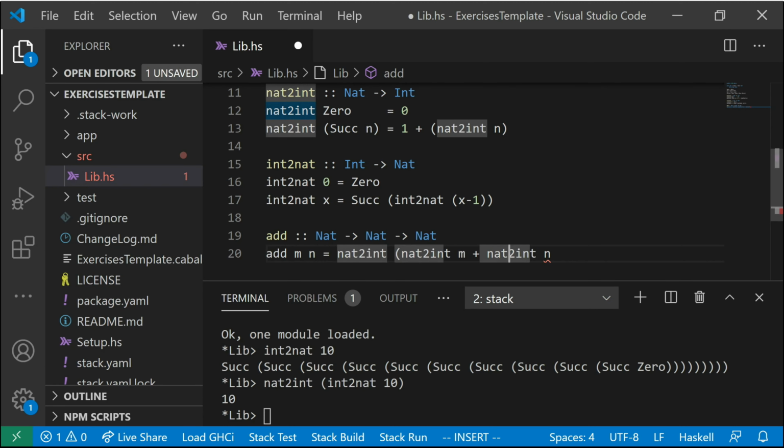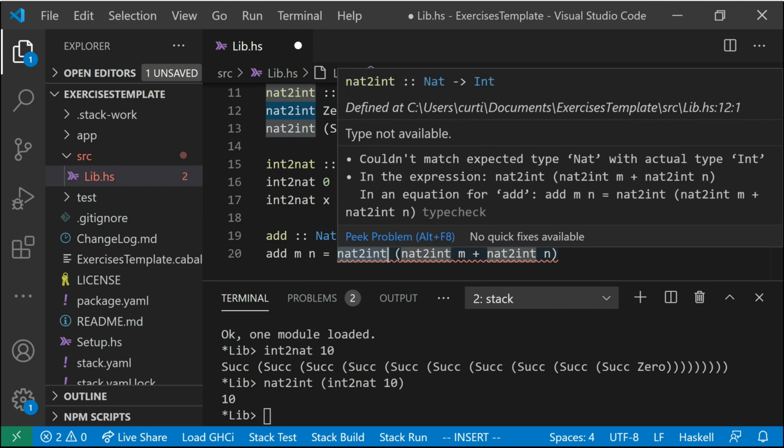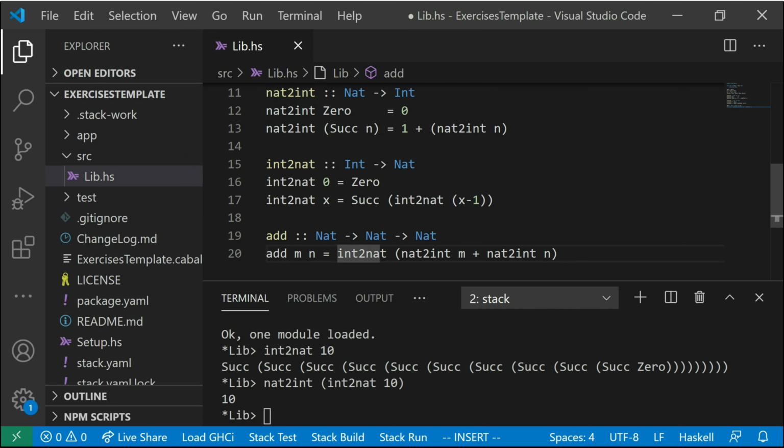This is a bit of a super hacky solution. For one thing, it's very inefficient. Depending on however big a natural number we have, it's going to take n evaluations, like n recursive calls for a natural number of size n, to convert it. So it's going to take n calls, and then another n calls to transform it back. The better way we can go about this is